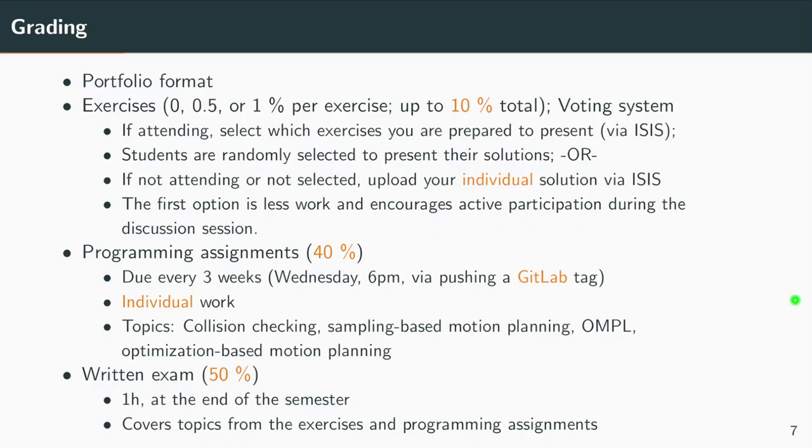I think it will be open books. That's what we did last time, but don't be too happy about it because 1 hour is challenging. So if you go and look things up, you solve the first task and you're not done, right? But we don't want you to memorize definitions or these sorts of things. Yes? Online